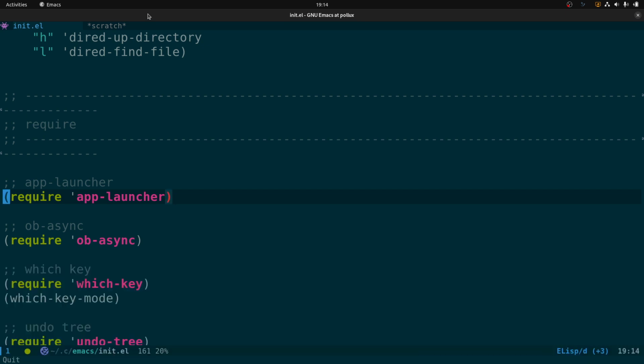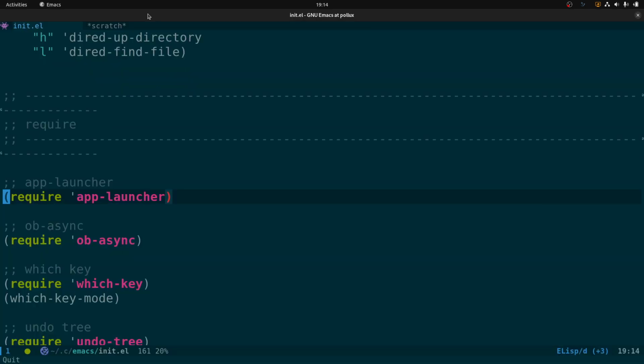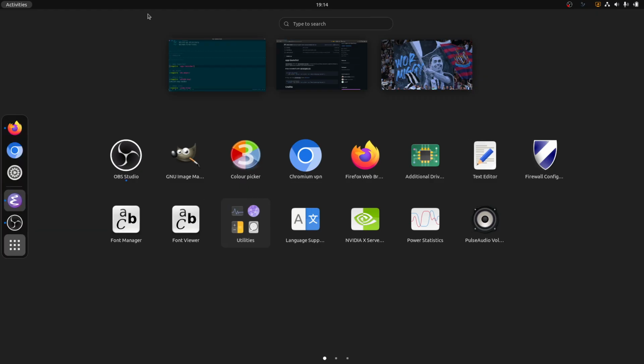So I think that's a great alternative to the GNOME application launcher, which I really hate, because the issue is, you want to launch an application, you're doing some work and you press this and boom, you get this horrendous interface, loads of space. I mean, I don't need to see that. The search is all the way up here. Yeah, you can see the applications and come through them and whatnot, but